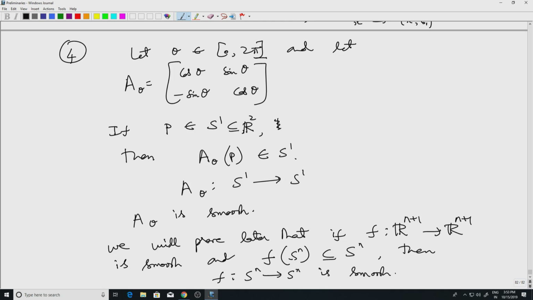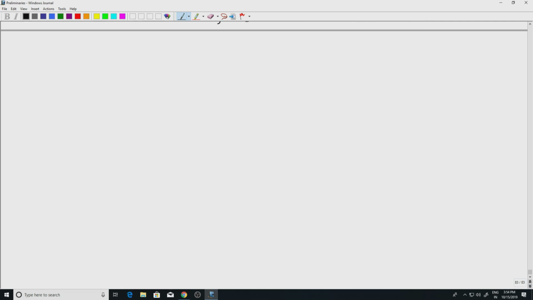But the thing is that rather than work with some coordinate charts on S1 and trying to prove that this map is smooth, we'll give a much neater proof that, for instance, this rotation is smooth. All right. So now that we have a notion of smooth maps, we want to talk about